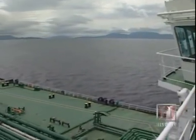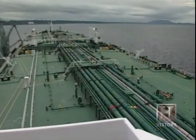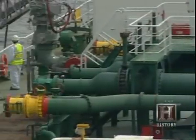The British Harrier exemplifies the efficiency of the modern oil tanker. But achieving this level of efficiency